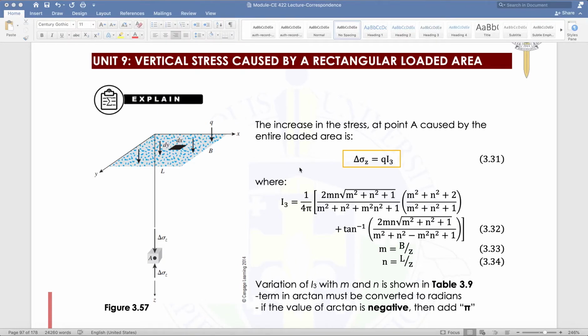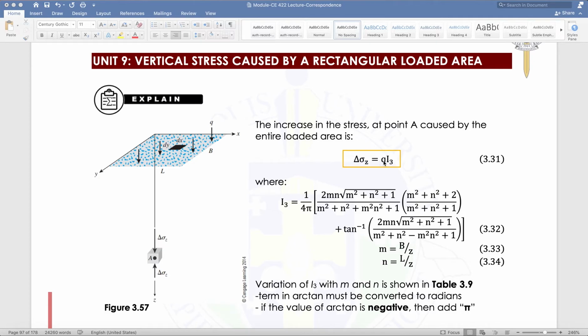So we are still on module number 3, but we are already on unit number 9, vertical stress caused by a rectangular loaded area. So for example, this is your rectangular loaded area. We are interested in determining the vertical stresses caused at this soil mass here. Now, the increase in the stress at point A caused by the entire loaded area is given as delta sigma